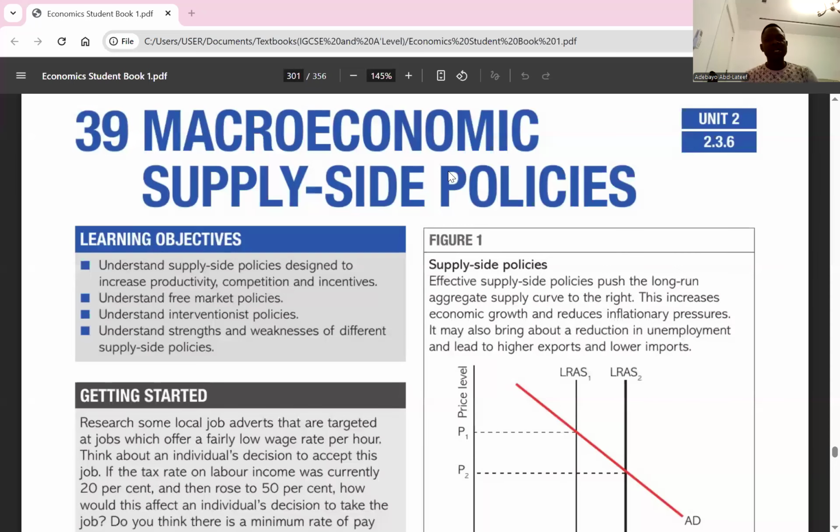Go to Economics chapter 39, Macroeconomic Supply-Side Policies. When we talk about supply-side policies, we're talking about policies that would increase the long-run aggregate supply. That's what supply-side policies are. So we start with supply-side economics itself. For supply-side economics, this is the study of how changes in the long-run aggregate supply curve will